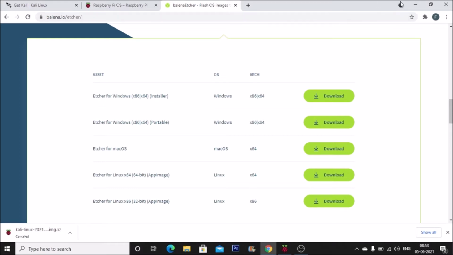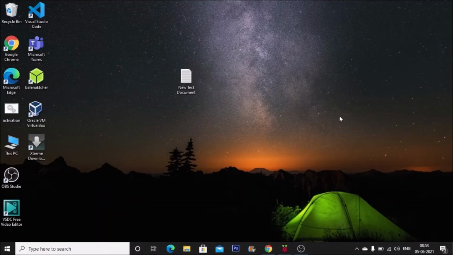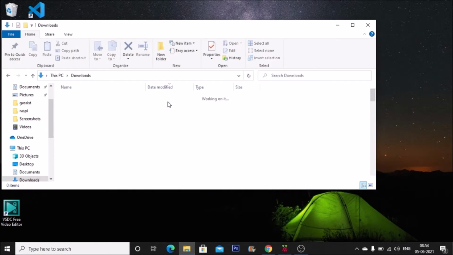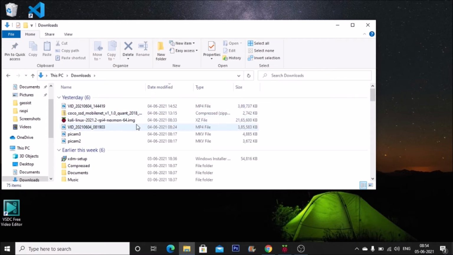So we have our Raspberry Pi Imager, and also we have our image. I am going to show you the image. I have the latest Kali Linux Raspberry Pi 4 image. As you can see, this is our image, Kali Linux 2021.2 RPi. Now we are going to flash the SD card.